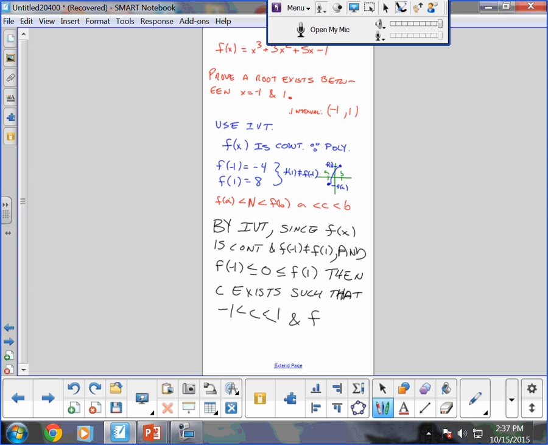And f of c equals what? How about 0 this time, right? We're proving the root. It's just between the